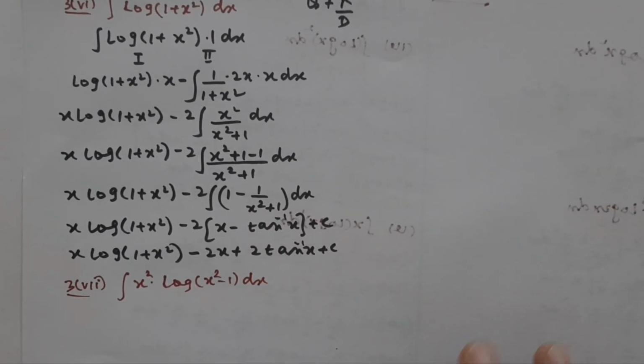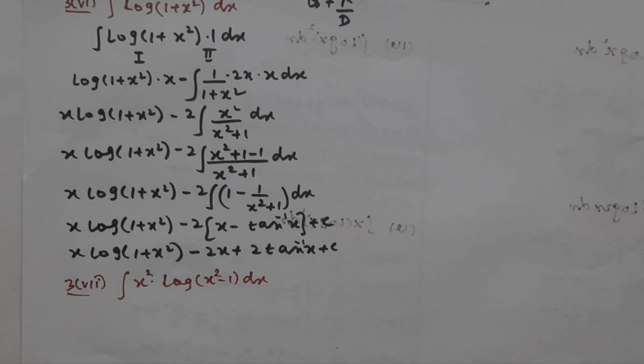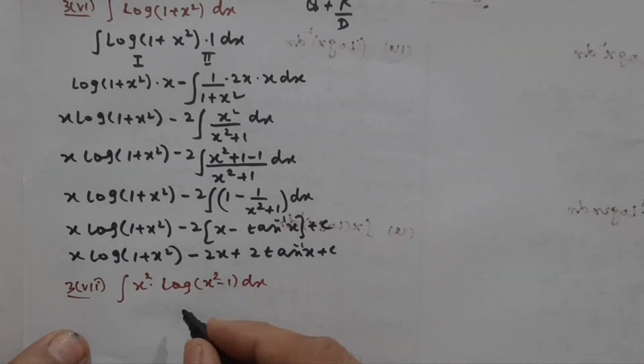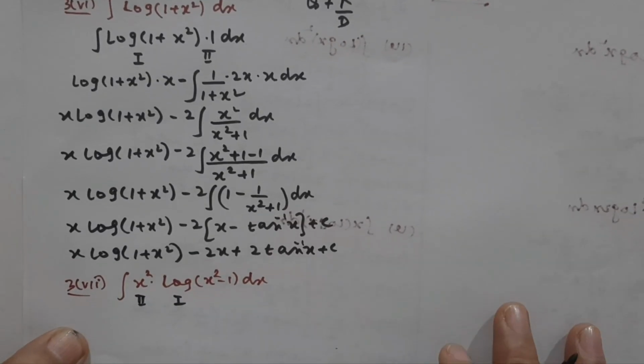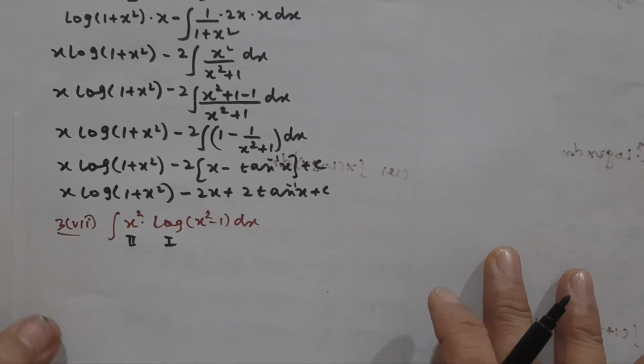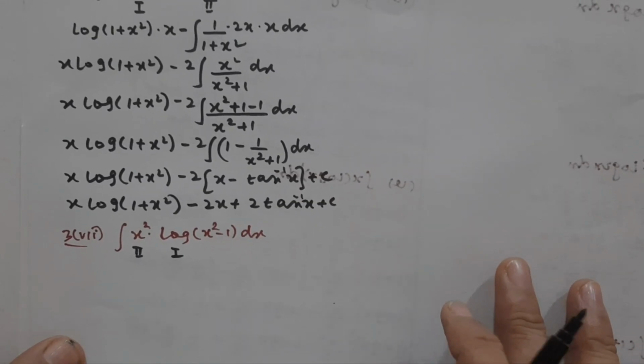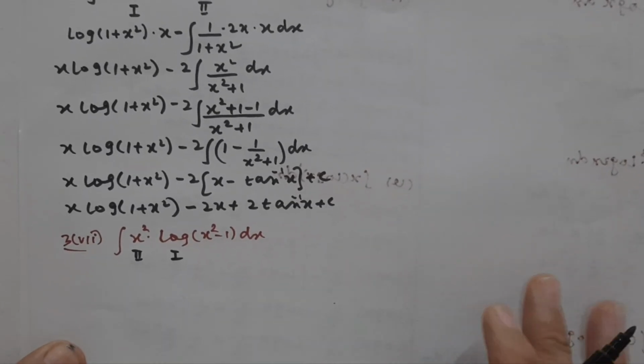Now let us see how to integrate this. So students, here also moving in the same way. Here we have two functions. One is x square and the other is the log function. So taking the log function as first and x square as second function. Now let us integrate, students. Now see, so what we write,